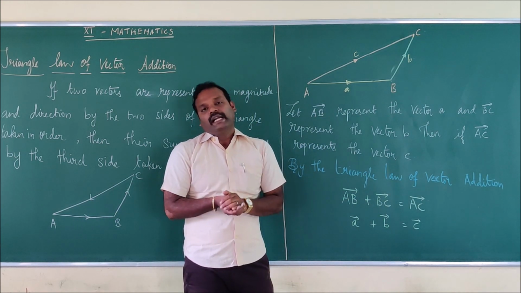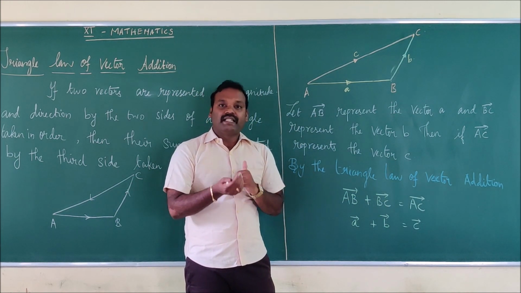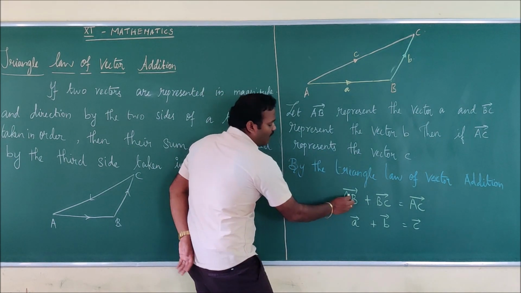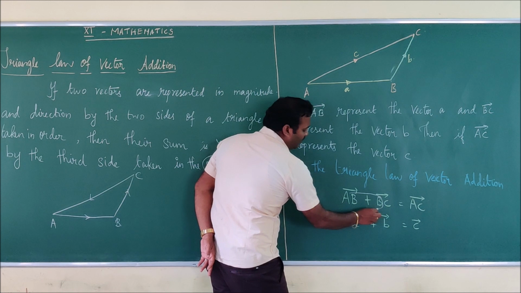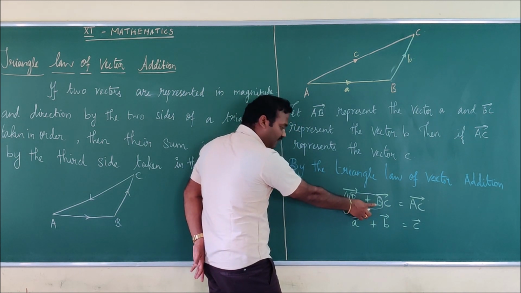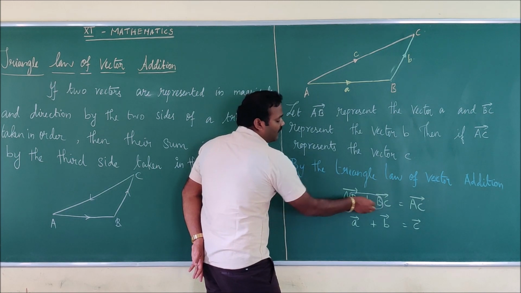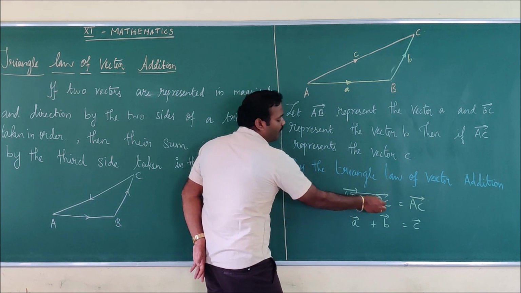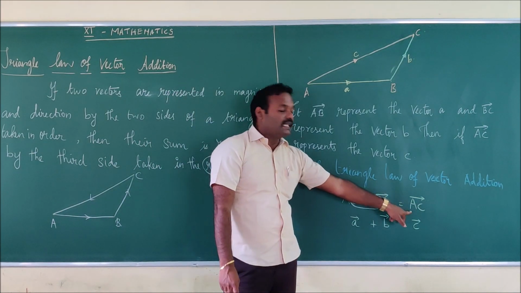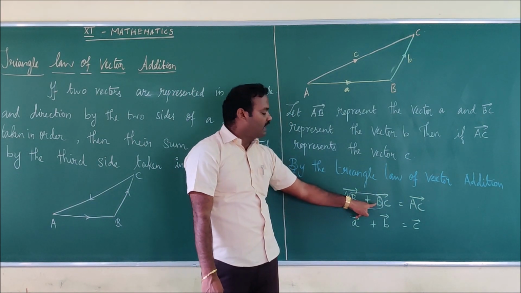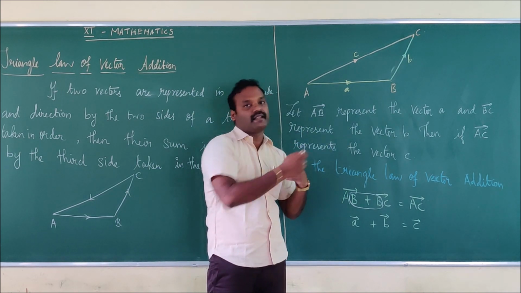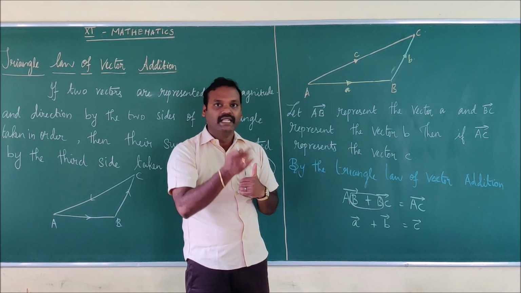You have to know how to write the left hand as well as right hand side. When you take the left hand side, you observe that the first vector's end point is the starting point of the second vector, so the same points are omitted, and we are forming the AC vector. So whenever the end point and starting point are the same, you can club the first point and the last point together to form the vector.